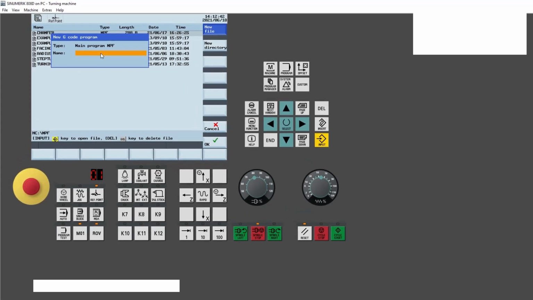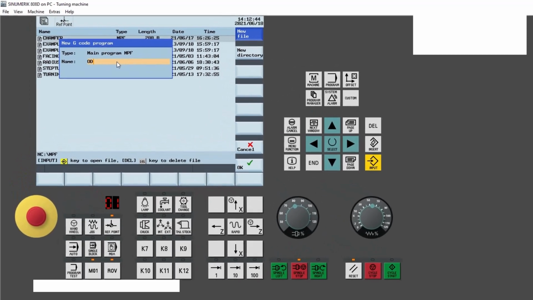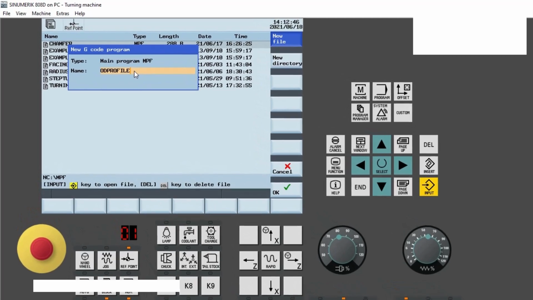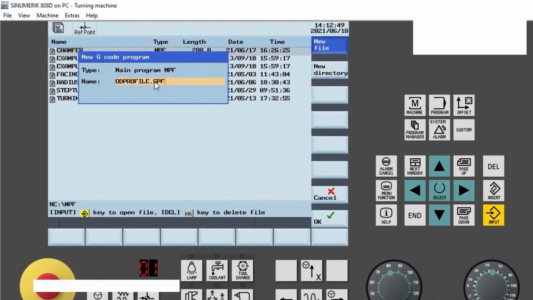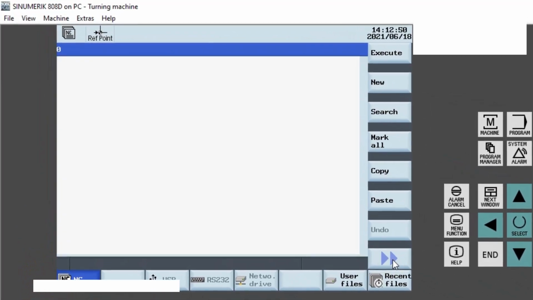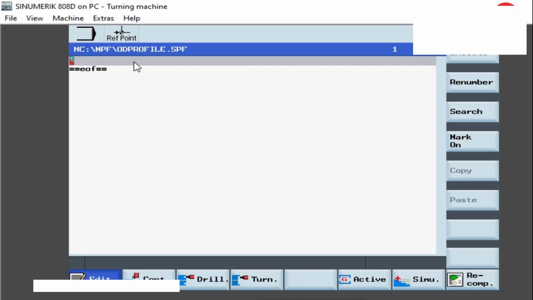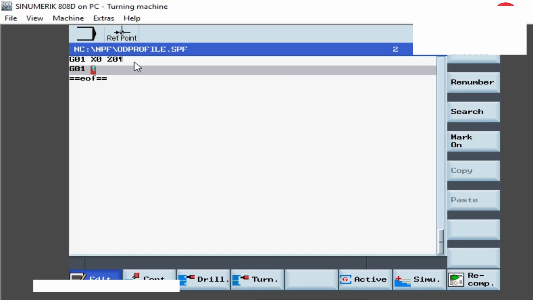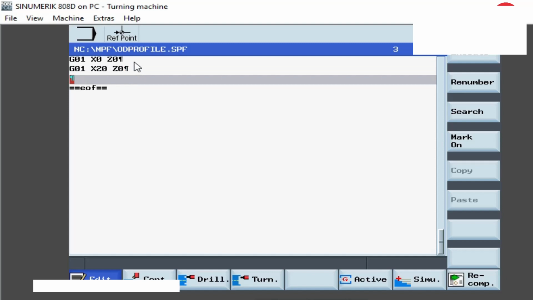Write the program name: odprofile.spf. Click on OK. The new file is opened. In this file, we write the shaper values. First value G01, X0, Z0. Next, G01, X20, Z0. Next, G03,